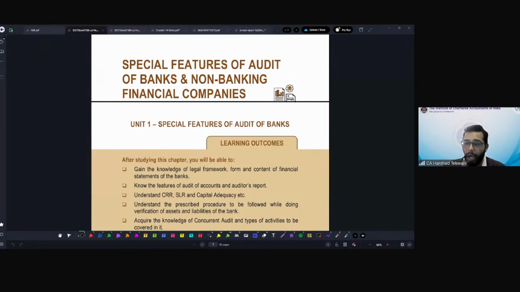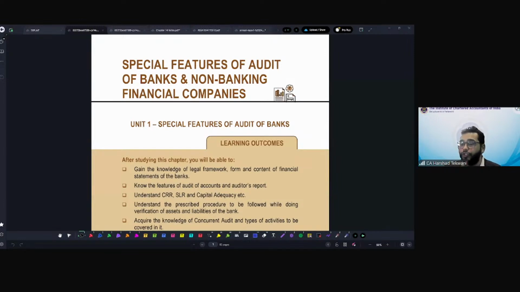Auditors are also required to report. So there is a master direction on information technology governance, risk, controls, and assurance practices for a bank. Over there, what is the bank required to do with the IT infrastructure? What is the bank required to do with security risk management, BCP related things, and information system audit, IS audit? What are the IS audit policies, how should IS audit be done,